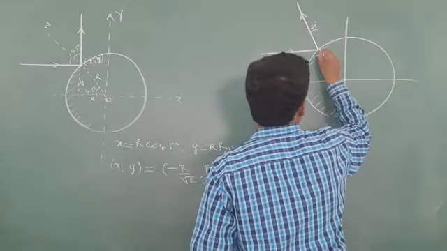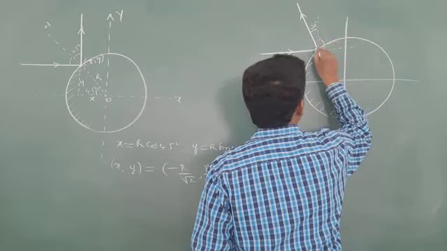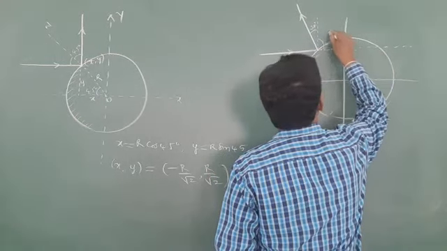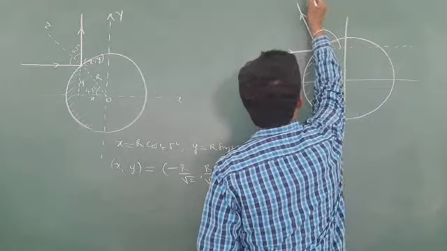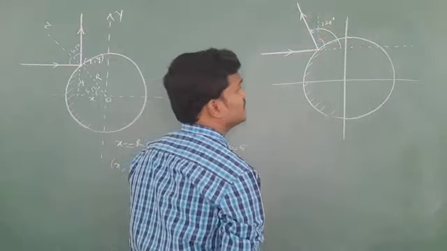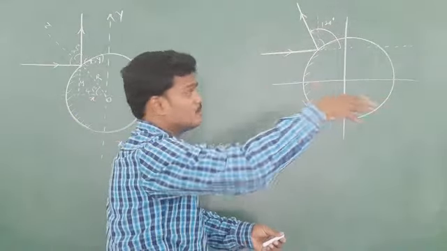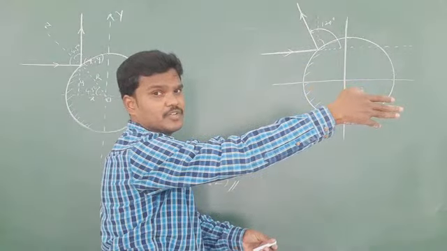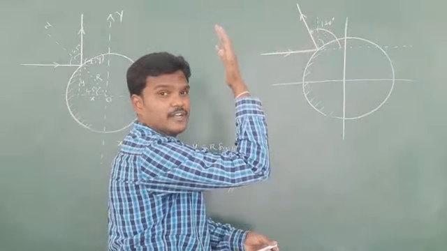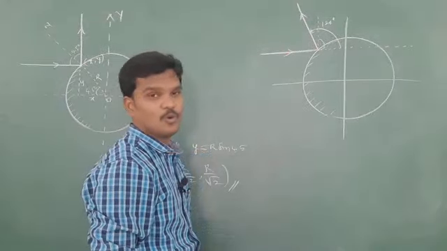With respect to this line, how much is it? 30 degrees, and this is 90, no? So this is the original path of the light ray. It is deviated by, how much exactly? 30 plus 90, this is 120 degrees. The light ray is travelling along a straight line. Once it strikes the spherical reflecting surface, after reflection the reflected ray is deviated by 120 degrees, then what are the x and y coordinates?